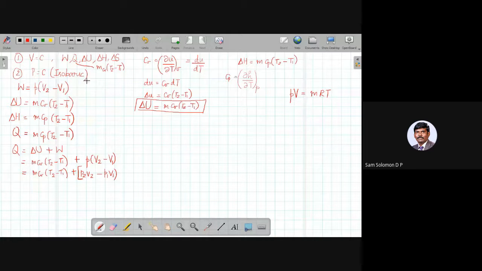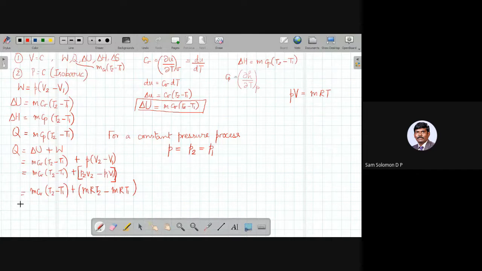Because it is a constant pressure process, P equal to P2 equal to P1. So I can write PV2 minus PV1 as P2V2 minus P1V1 for my convenience. And I can apply the ideal gas equation of state where I can replace P2V2 with mRT2 and P1V1 with mRT1. And so now what I have is